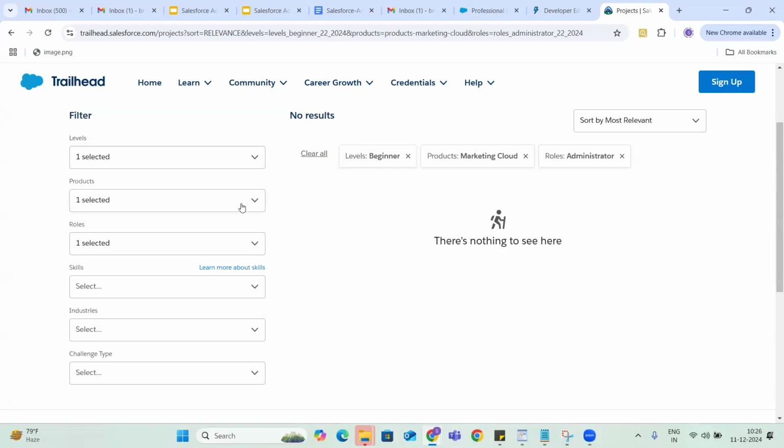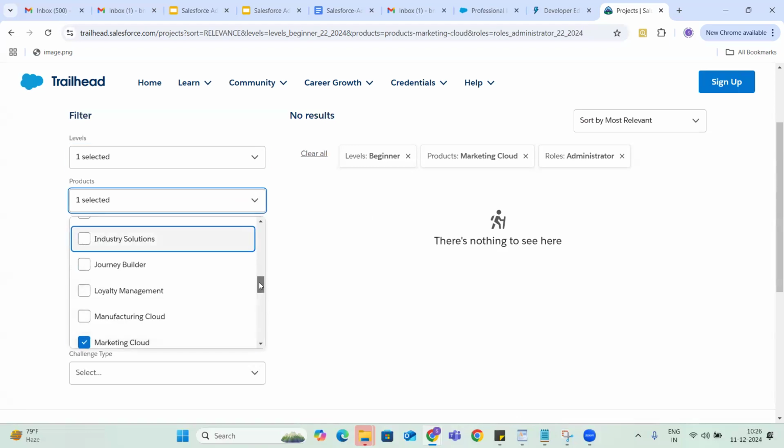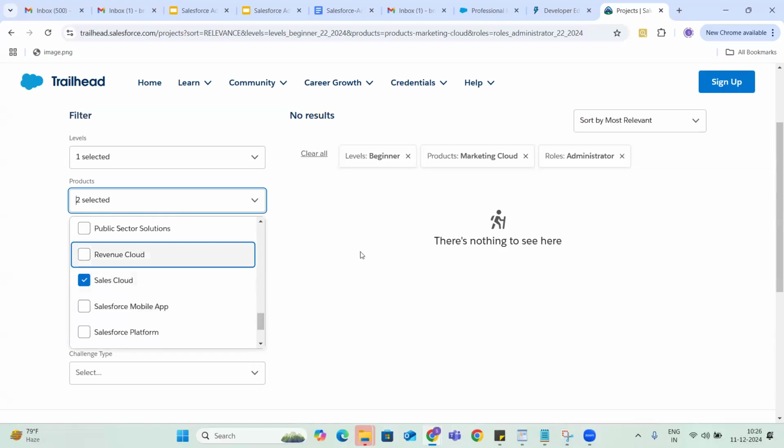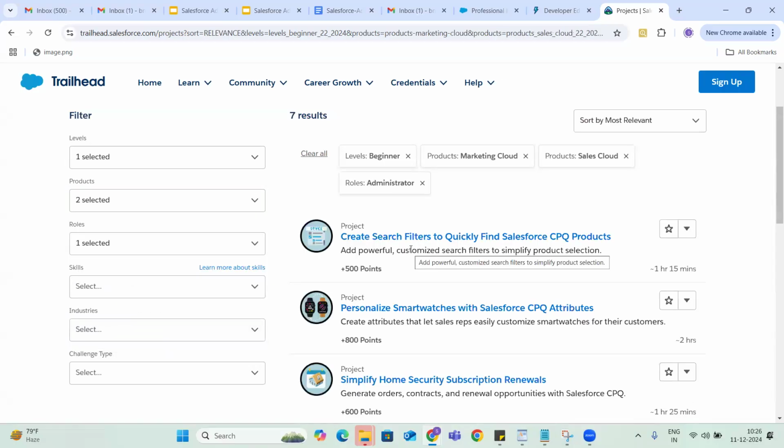Let me change to Sales Cloud. As an administrator, if I want to learn Sales Cloud, we have seen CPQ also, right? CPQ, Sales Cloud. These are the different projects, guys.